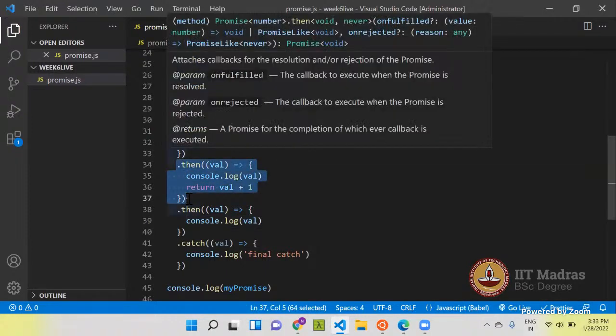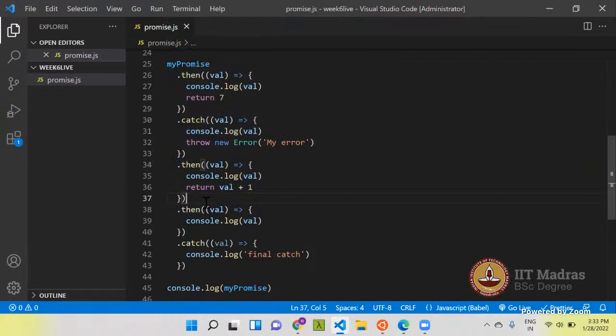When you write dot then, you are assuming that it will be triggered when the promise gets resolved. So even if this promise gets rejected, this then will be triggered, because this catch made a mistake and it returns something.